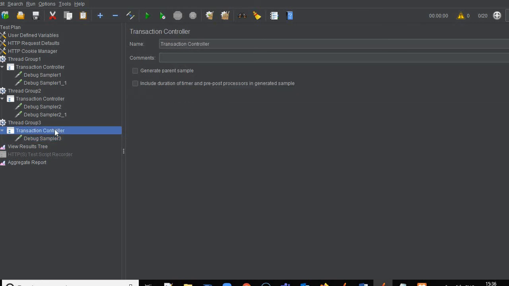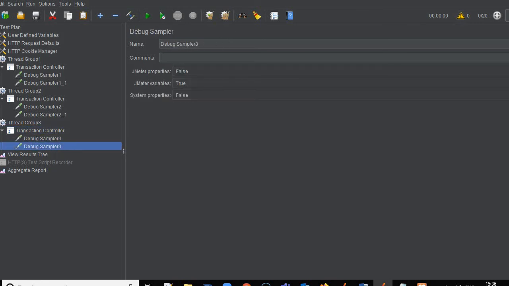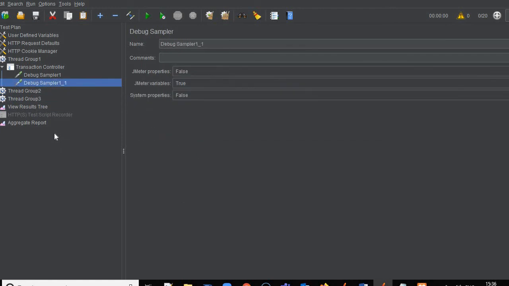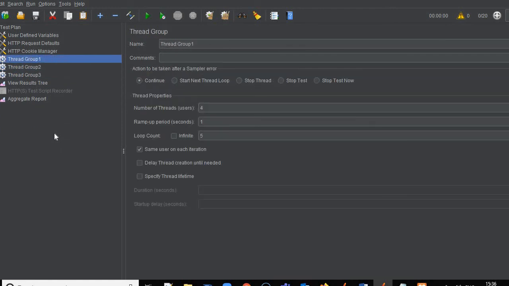And now we will see how it executes this scenario. So now 4 users will perform 5 iterations for thread group 1.